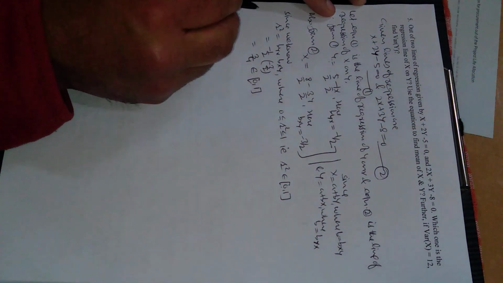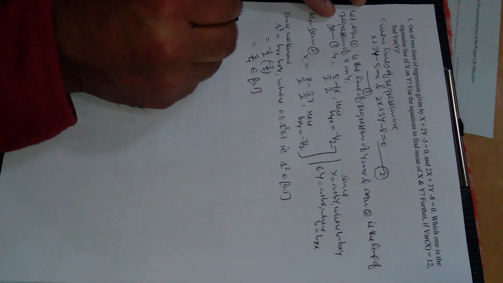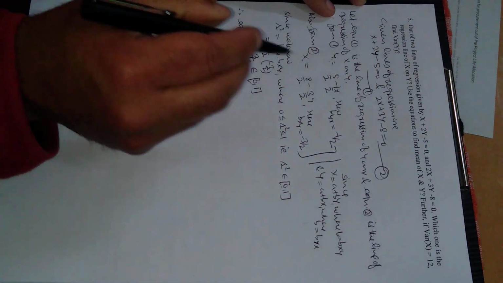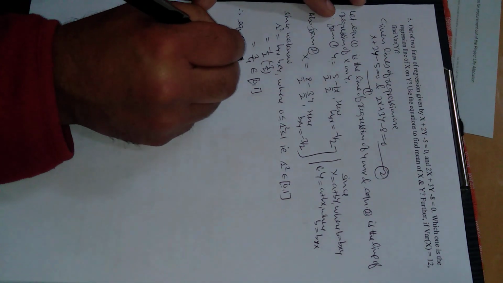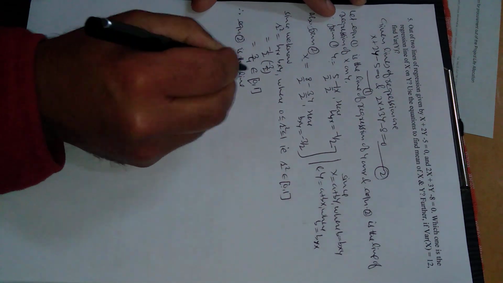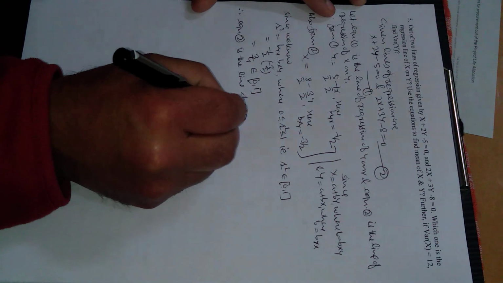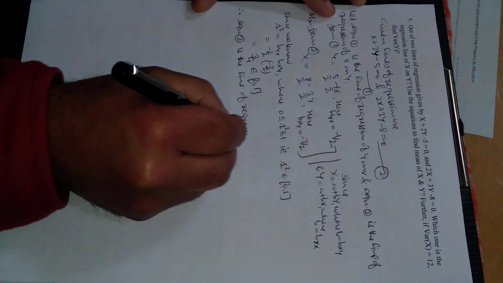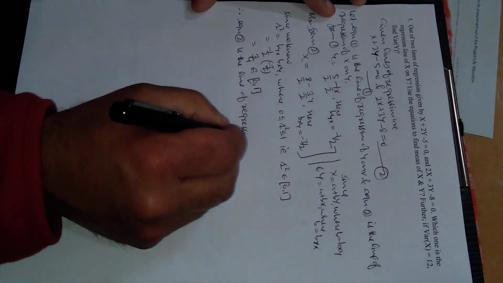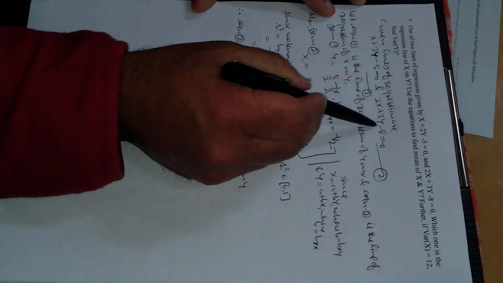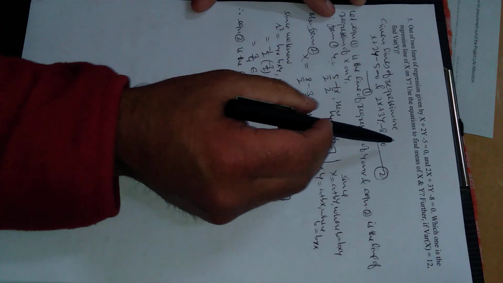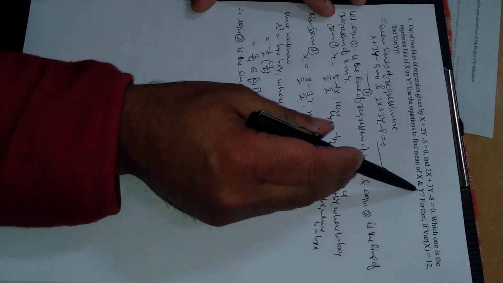Therefore, what equation did we suppose? Equation 2, we are looking for x on y. Therefore, equation 2 is the line of regression of x on y. So the second equation is the line of regression of x on y. Now we have to find mean of x and mean of y, x bar and y bar.